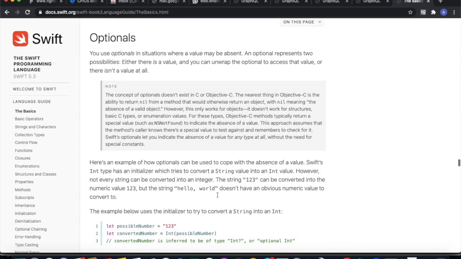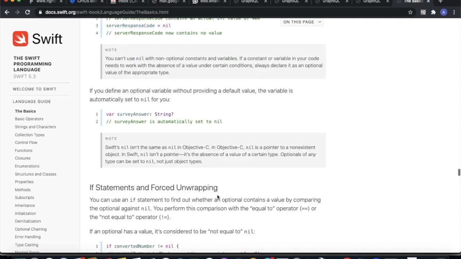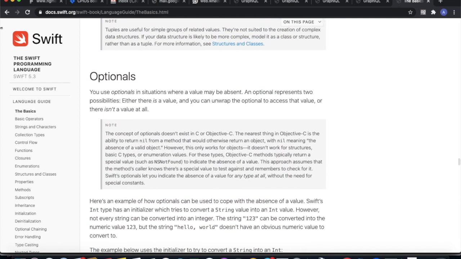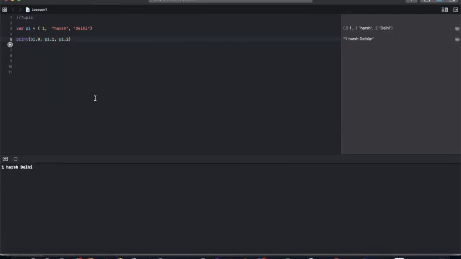Now going to optional. What is optional and what is nil? We also have the optional data type.